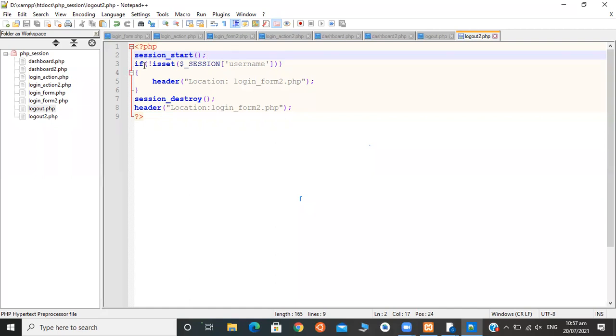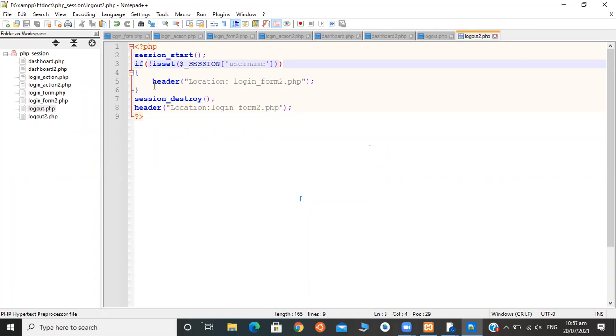Then we are checking if $_SESSION username is set. The condition checks whether it is present on the server or not. Here I have given the not operator. So if that $_SESSION username is present on the server, it will destroy the session and redirect to login form 2.php.